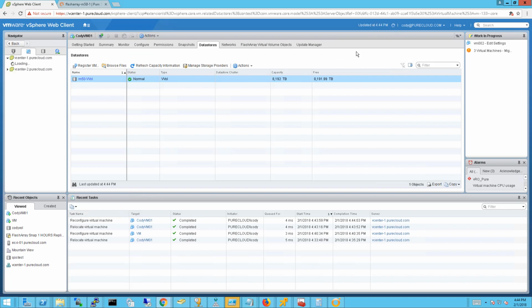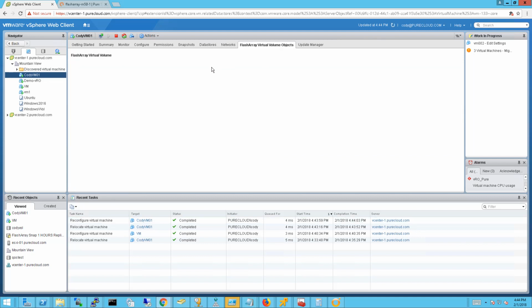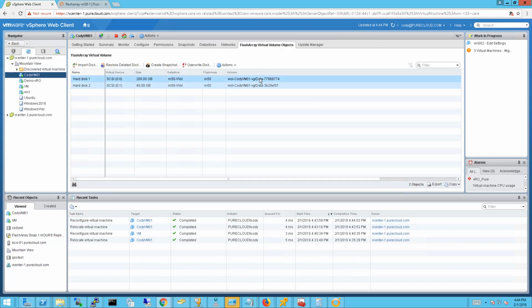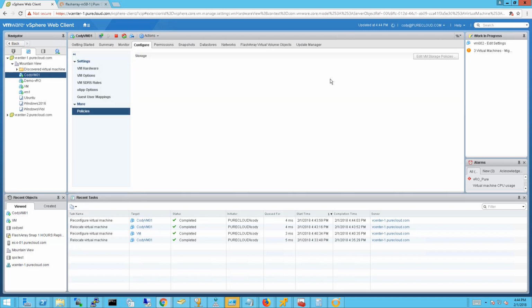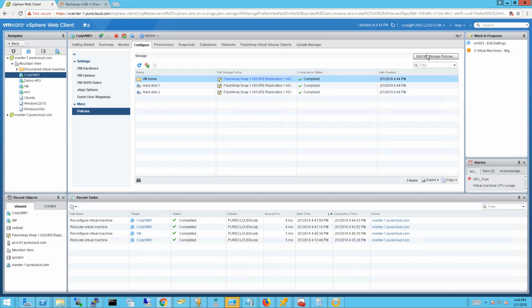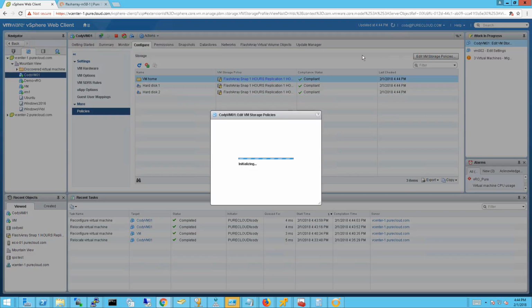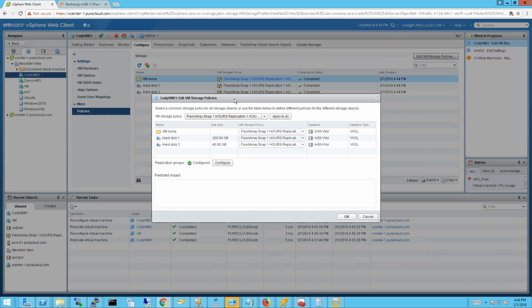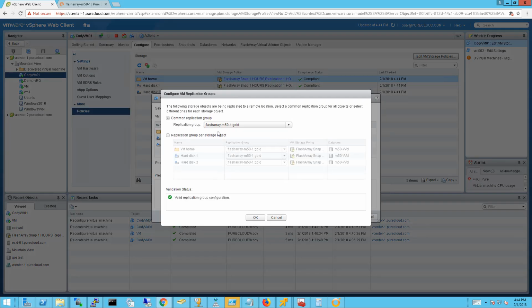As you can see, the reconfigure task is completed, and it's now on the vVol data store. Right? If we look at our FlashArray virtual volume objects, we can see, yeah, my virtual disks are now vVols as well. If I look at my configure tab and policy, we'll see that that policy has been assigned to the home and the data vVols, the virtual disks. And of course, my replication group has been assigned and configured for all of the objects